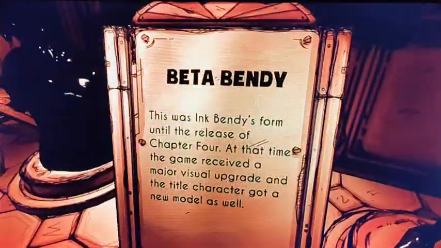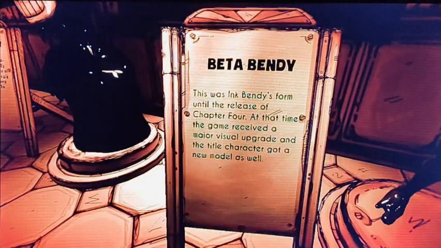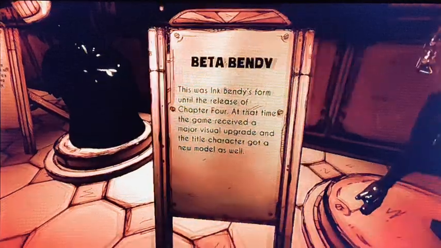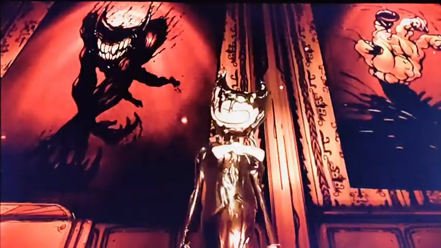Yeah. Beta Bendy. This was Ink Bendy's form until the release of Chapter 4. At the time, the game received a major visual upgrade, and the title character got a new model as well. Yeah. That's what it looks like until Chapter 4.